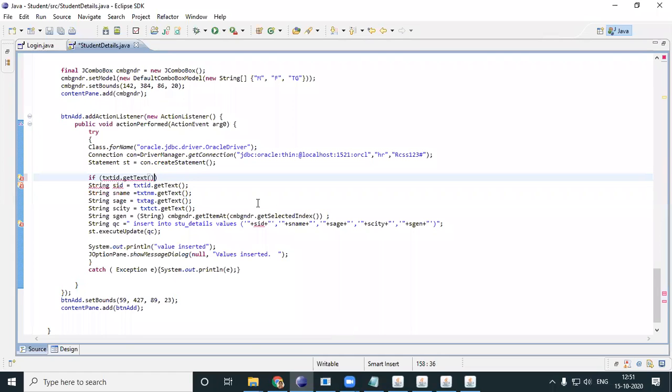If text ID dot equals nothing, or text age dot equals nothing, or text city dot equals nothing. You're just checking whether you have empty text and what you should do in that case.